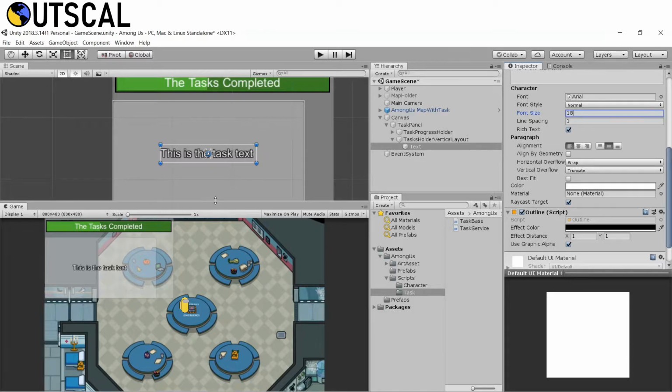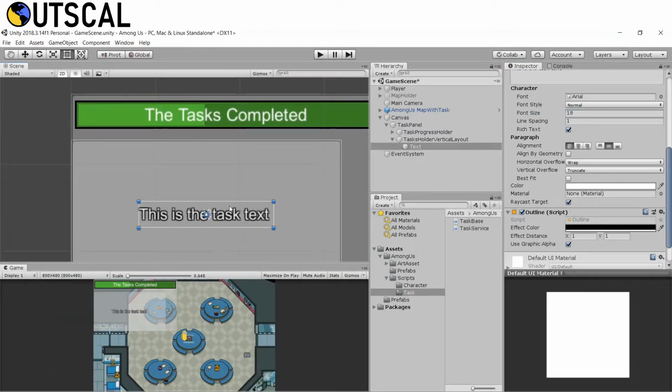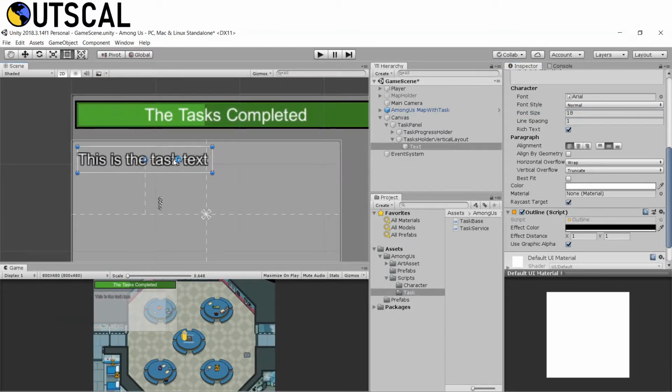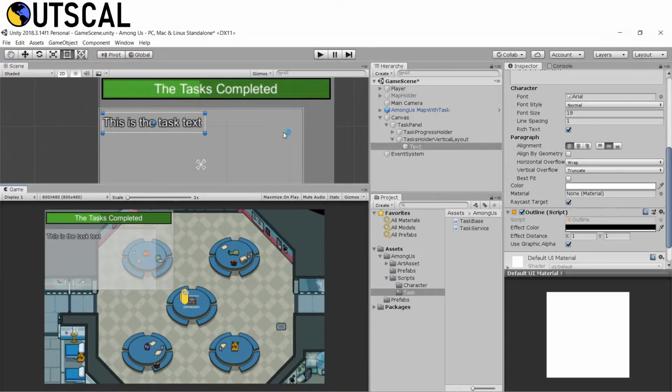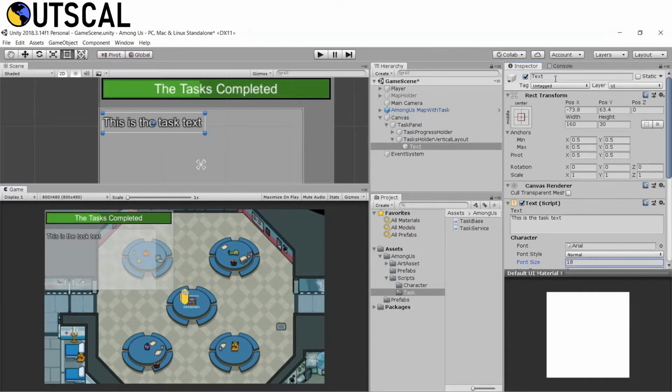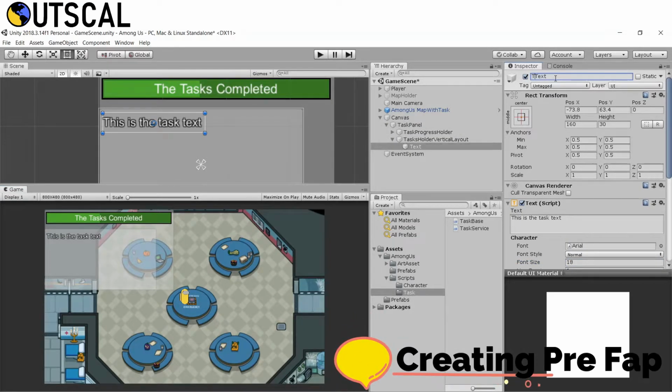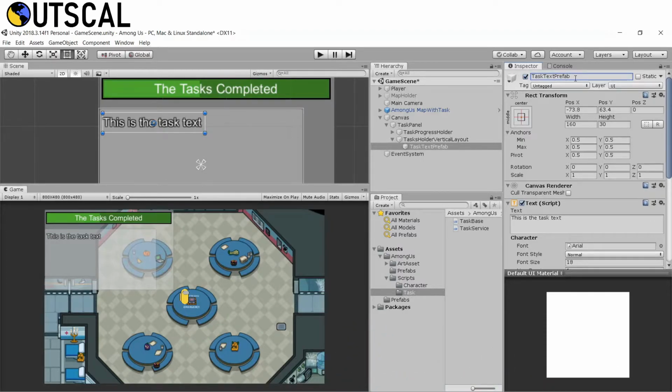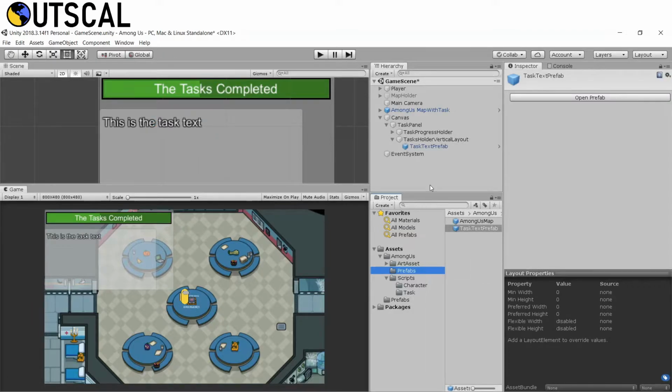Okay, 18 looks good. And so now we want to make sure our layout takes place, like layout take the control of this thing. So first we will call this task text prefab. So we will create a prefab out of it because we want to instantiate these text objects whenever we start our game, right?